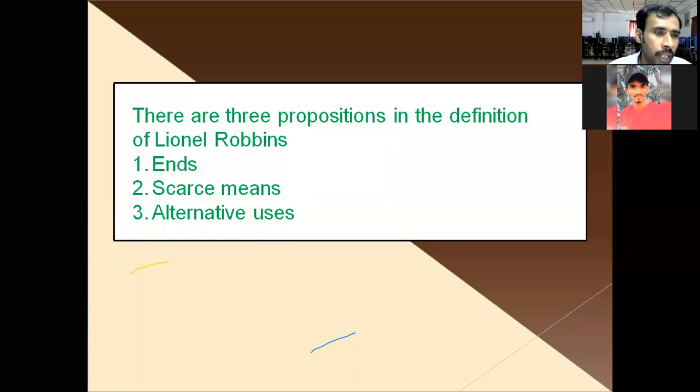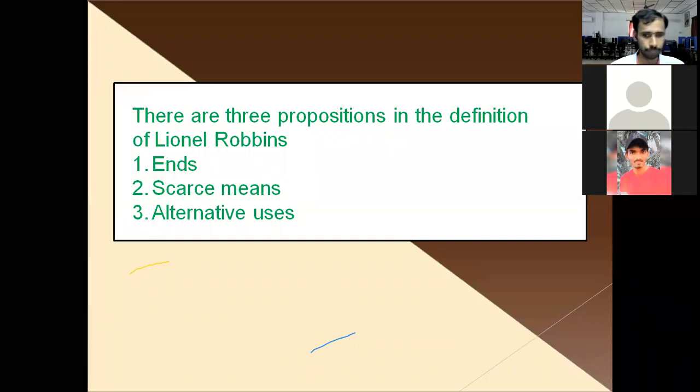When you're operating a business or leading your day-to-day life, your wants are unlimited. You want to go to a movie, you want to pay your college fee, you want to purchase a new mobile phone, you want to go to a restaurant. Likewise, the wants of a human being are unlimited in nature. And in order to fulfill those unlimited wants, do you have a sufficient amount of money? Definitely not. So your resources are limited in number.